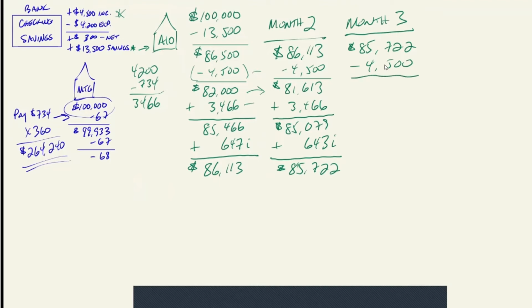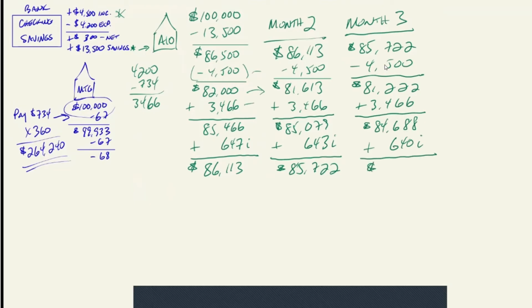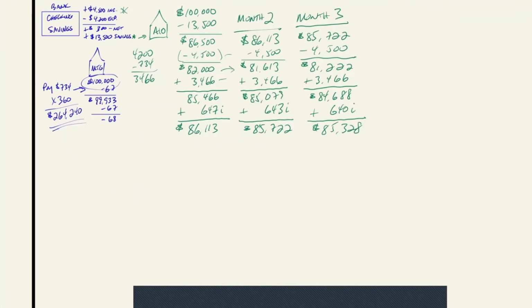That 4,500 income is going to take you down to 81,222. Your expenses get added back onto the balance as you pay those out, 3,466. That's going to take you down to 84,688. And your interest for the month, when we calculate that, is now down to only 640. So your principal balance has now been reduced to 85,328. So if we come back and look at what's going on with your traditional mortgage, you're reducing it